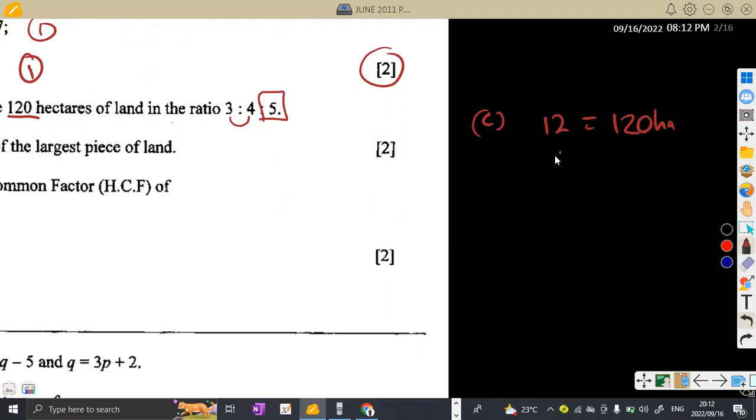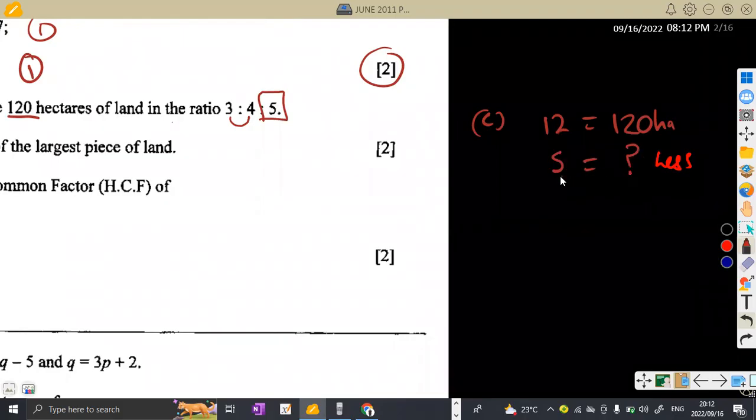So according to the ratio, it's 5. What are we going to get as the amount of land that you're going to have? As you can see, 5 is the lesser part, so using the part concept, it is going to be 5 over 12. That is the value, 5 over 12 times